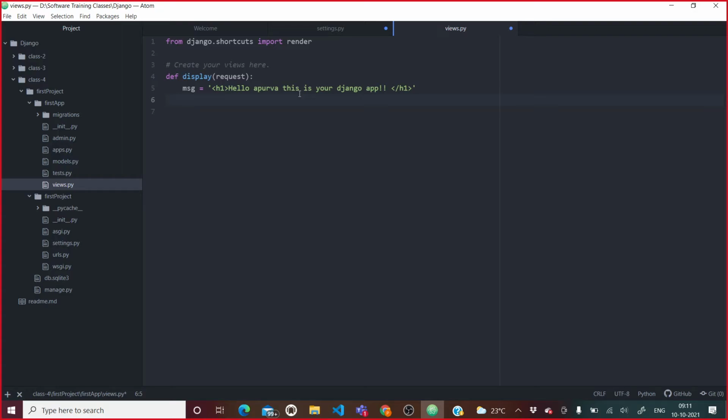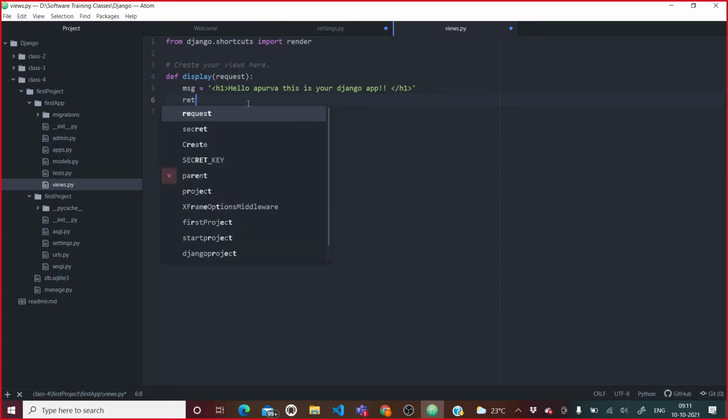So the client most of the time is going to make a request from the browser, right? So how do we show output on the browser? To show the structured output on the browser, we use HTML, right? That's why I have made a variable, and in that variable I have stored some HTML. Now I need to spit out this HTML on the browser. So I need to send this to the browser as a response. So how can we send that?